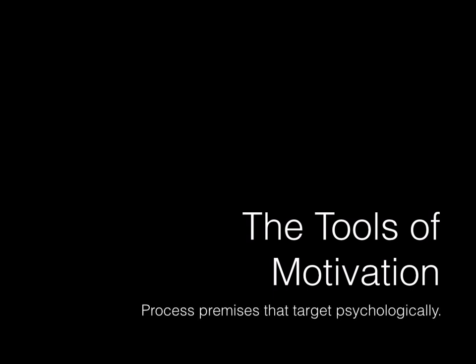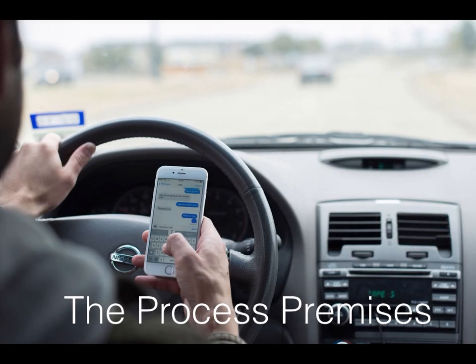And what this really is getting into is process premises that target us psychologically. How do we get people to change their minds, or to add a new concept, or to purchase our product, whatever the case might be? And there's a million reasons why we might persuade that way. This looks at some reasons why we do, four in particular, in fact, that I'm calling the process premises. We need to have a pretty good understanding of how these work in order for us to start applying persuasive theory, especially within the social media influences of the Russian reach, and in our study of radicalization as well. So those process premises, there are four of them.